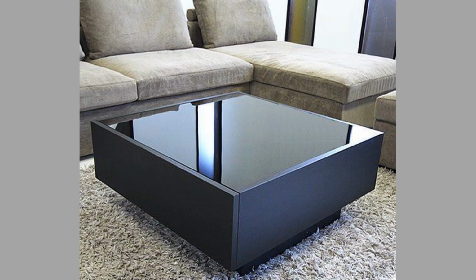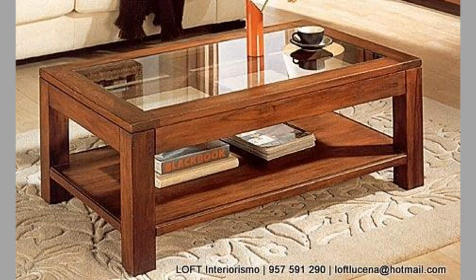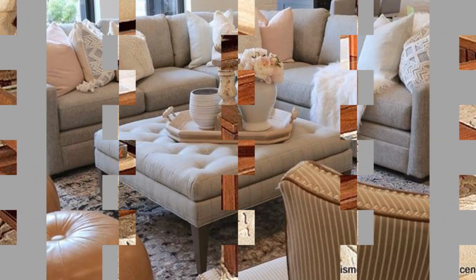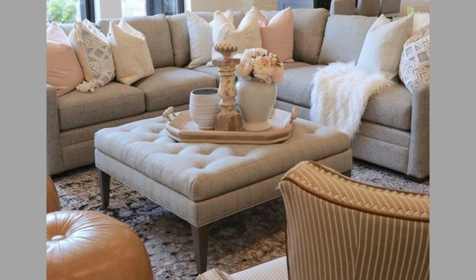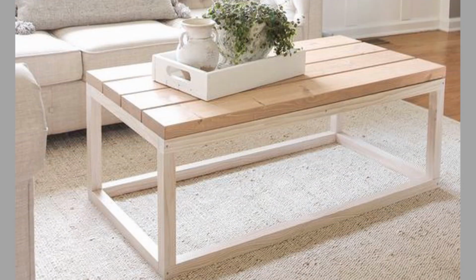The functional and decorative roles of the center table. The center table serves a multitude of functions in a living space, making it an essential piece of furniture for any well-designed room. From its primary role as a surface for displaying and arranging decor, to its use as a spot for setting down drinks or resting books and magazines, the center table is a vital component of the living room or drawing room. One of the key functions of the center table is its ability to anchor and define